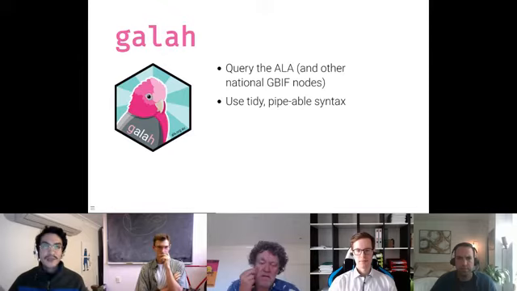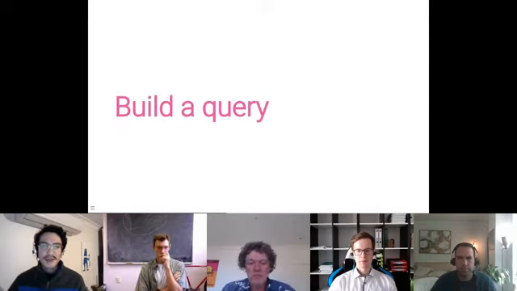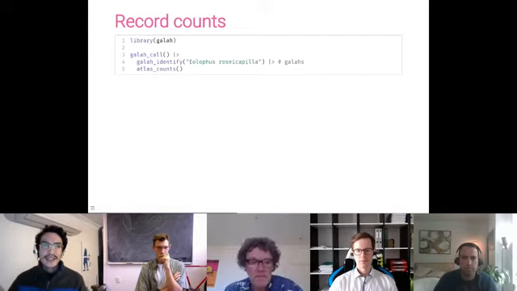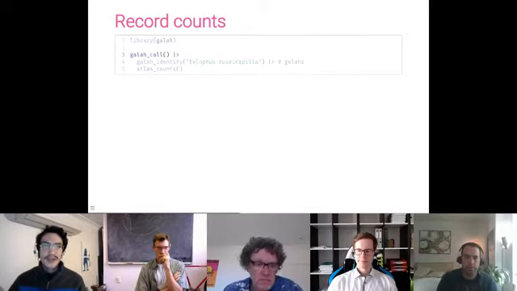So to start, let's build a query with the galah package just to see how it works. Let's download the number of galah records in the ALA. This basic query demonstrates the major components of how the galah package works. You start with a query with the galah call, which effectively works like a simple .data argument in dplyr. Functionally, it accepts subsequent galah functions as filters.